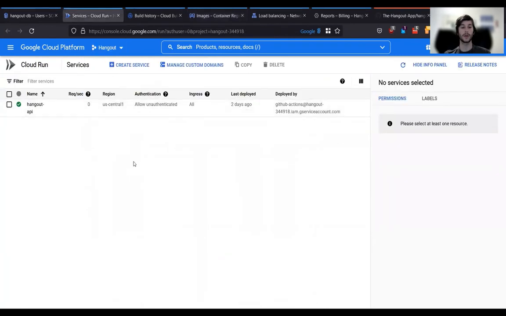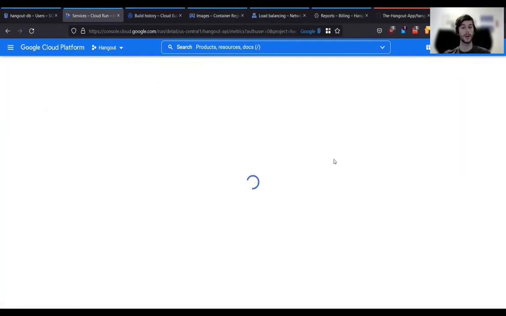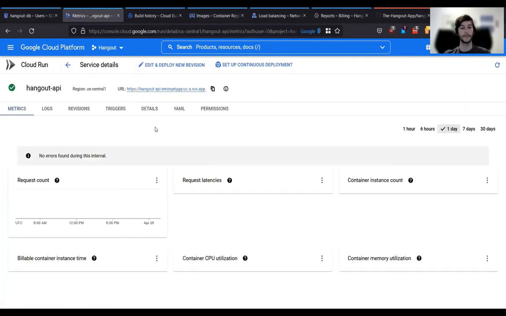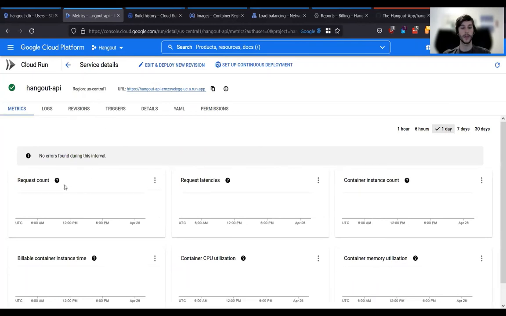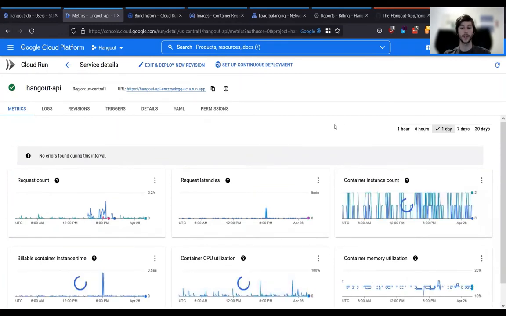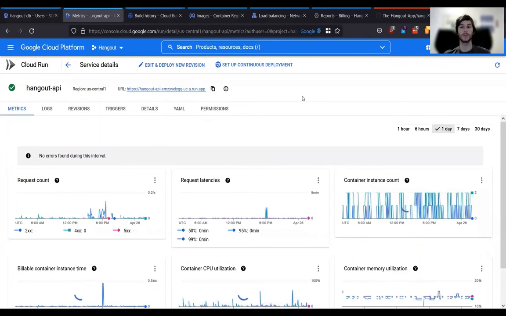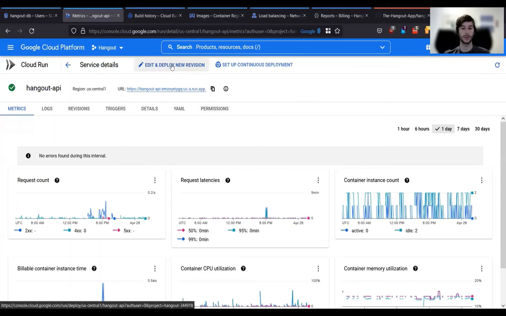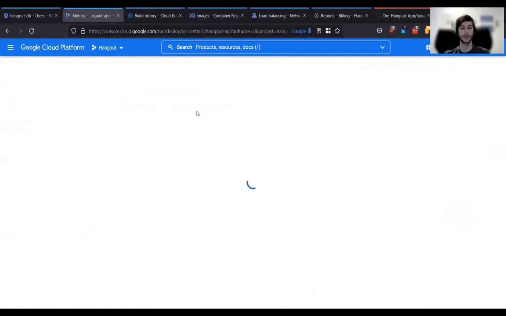So going back to Cloud Run, here is our actual service that's running right now. And here's some of the metrics and logs for that. So the way this service works is it's a simple web server that takes HTTP requests and then queries a database and sends a response back to the individual users. And so to go into the configurations for this,